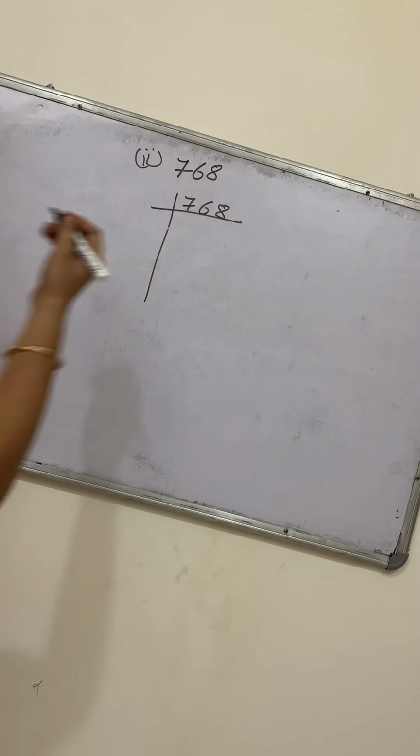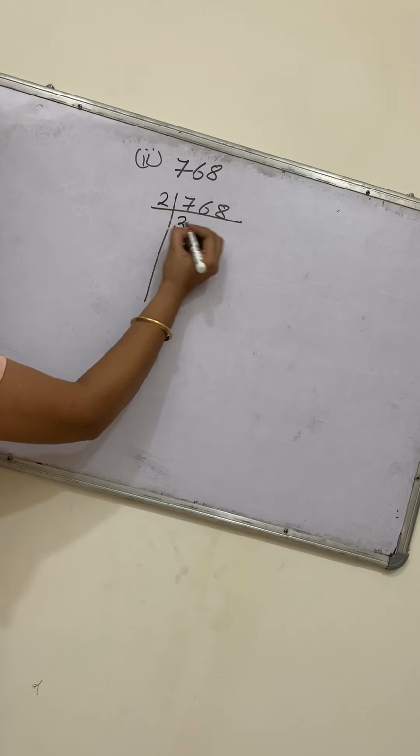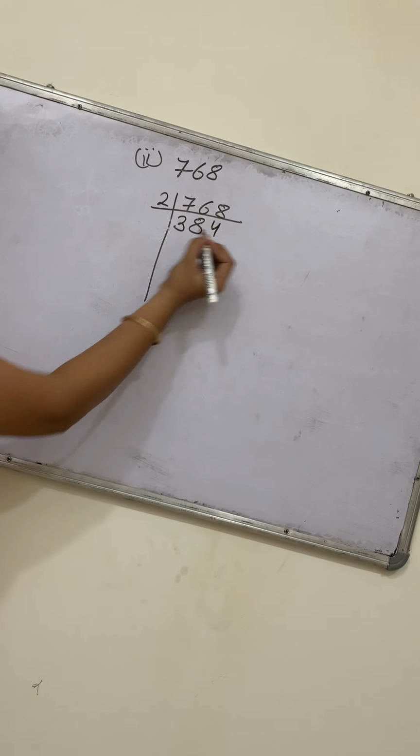How do we know if it is a perfect square? If we get a perfect answer, a proper answer for the square root, that means yes, it is a perfect square. And if we don't get the answer, that means it is not a perfect square, right? So here we will check whether we get a perfect answer for 768 or not. So this is 2 3s are 6, 2 8s are 16, 2 4s are 8.